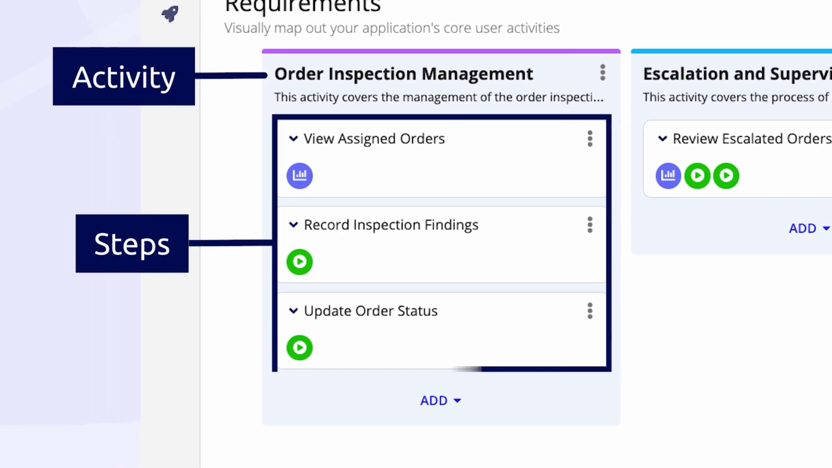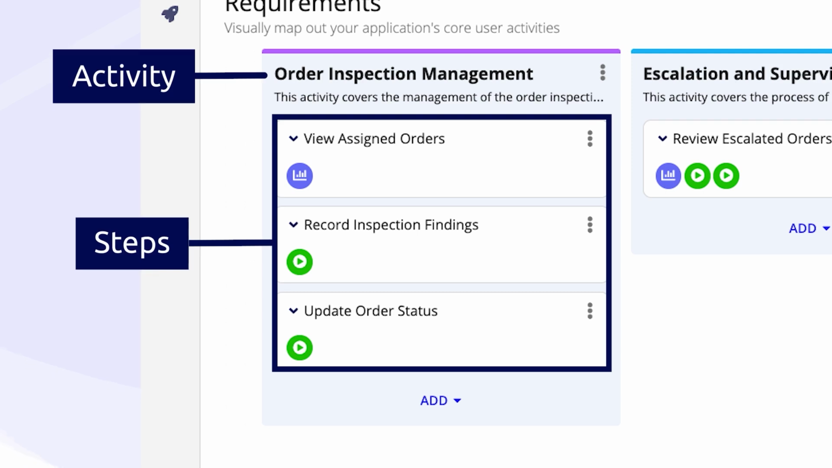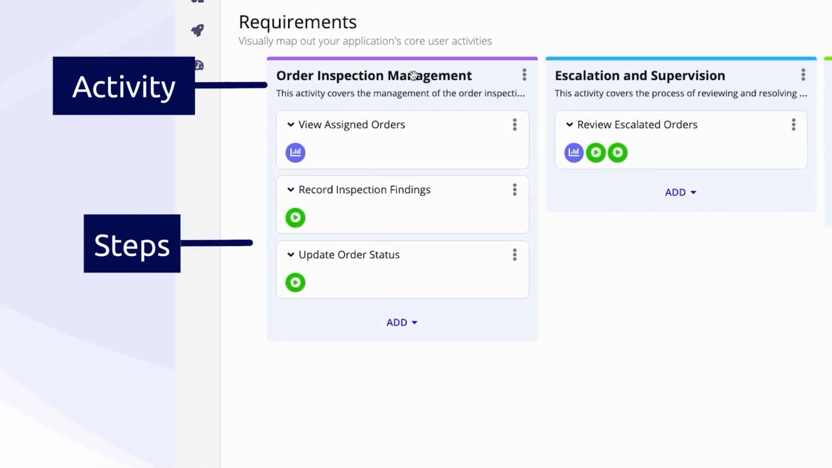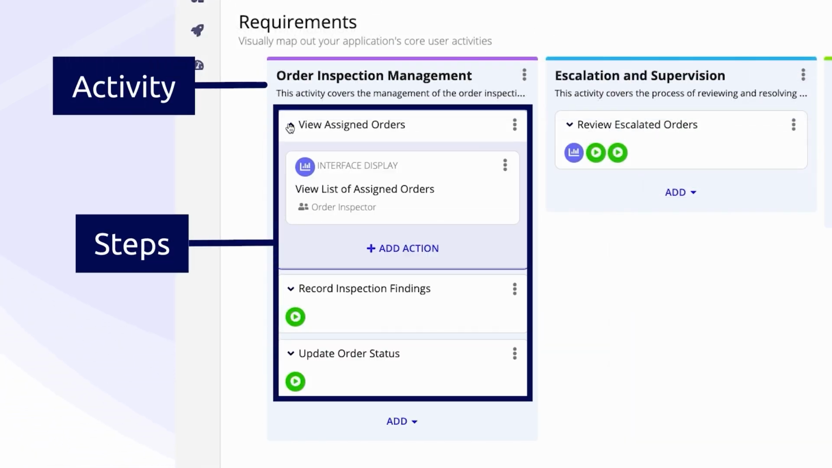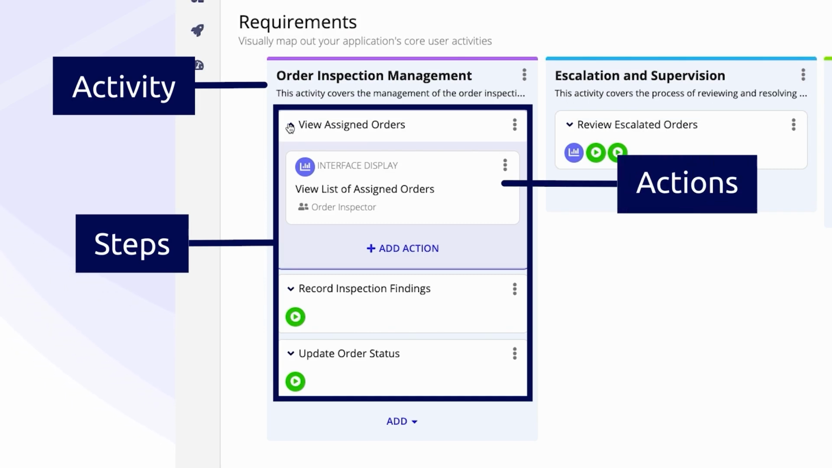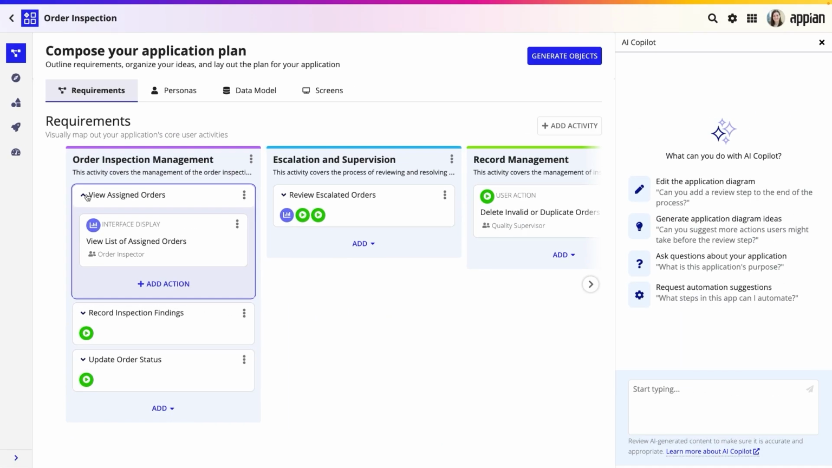Then, steps break down the activity. For example, order inspectors first view the orders they're assigned to, complete their inspections, then update the order status. Finally, actions detail the specific tasks or requirements within a step. The different action types, such as user actions, automated process, interface display, and more, identify how this requirement will be built in Appian. So for viewing assigned orders, order inspectors need a list of all assigned orders, which is an